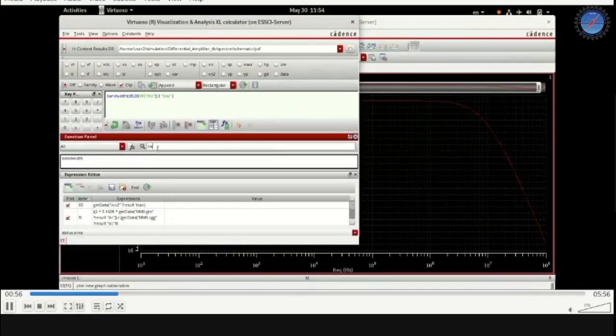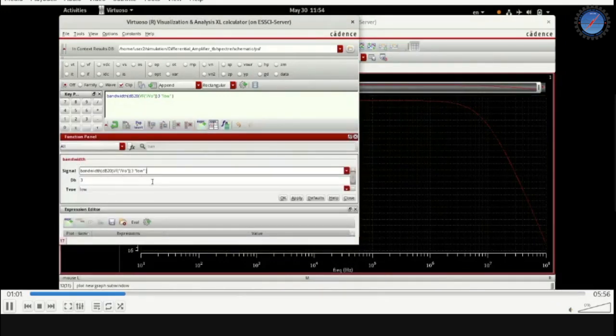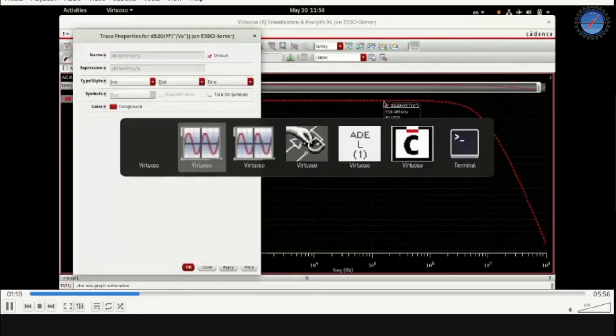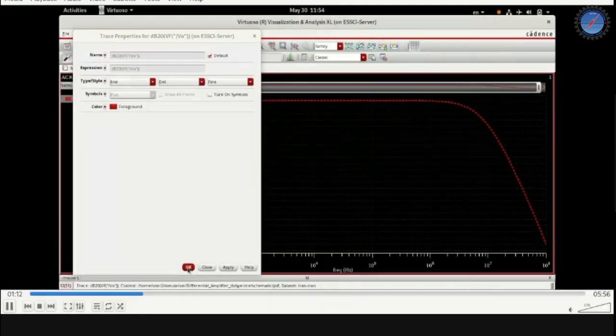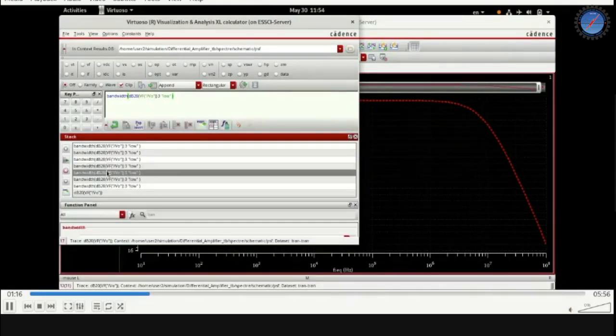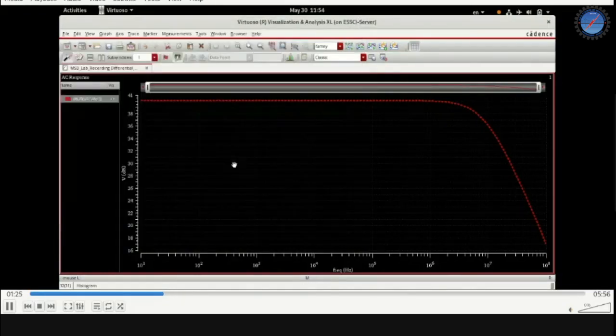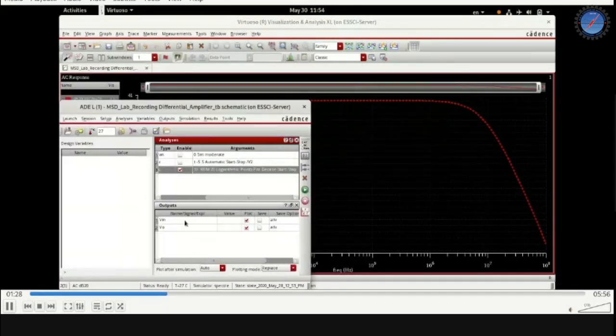Then let us try to find the bandwidth of this response, right? So you can use the calculator there under tools. Okay, so essentially in the signal, you need to click on this waveform so that you'll get the name of the signal. And then this bandwidth is the 3 dB bandwidth. And then this is a low pass response. So that is how we have this bandwidth calculator, which is going to come. So you can copy that expression, which is out there, bandwidth dB20, VF, V0, 3 low, that is the expression. You can copy that expression and then put it into the ADE, right?